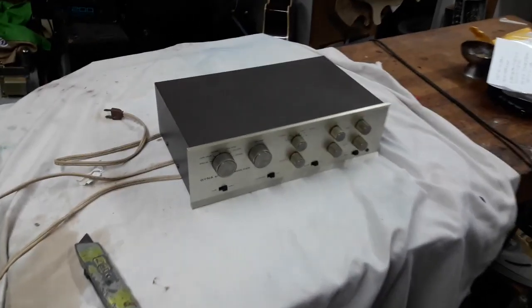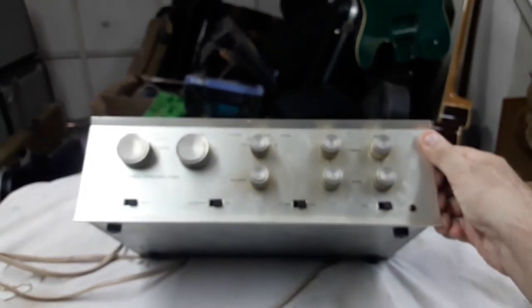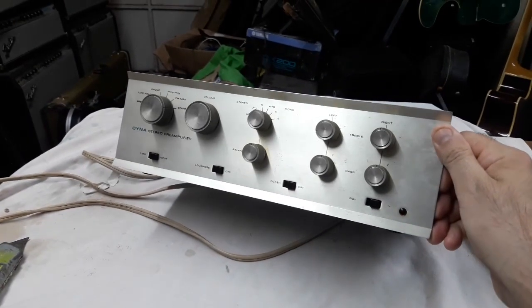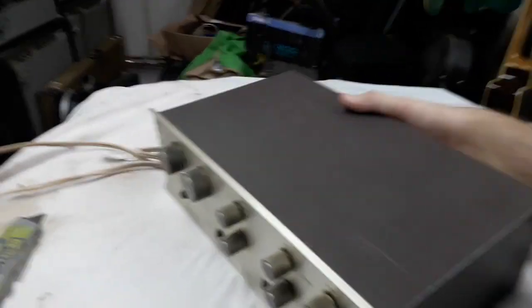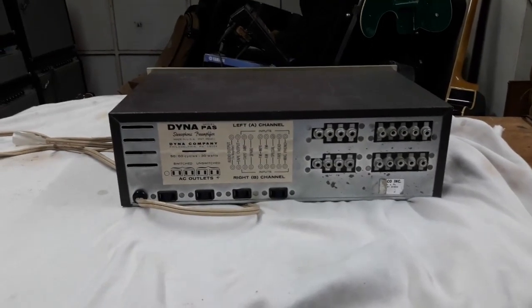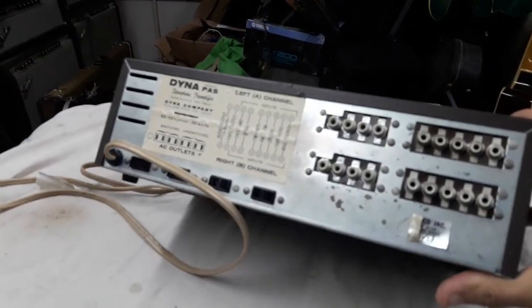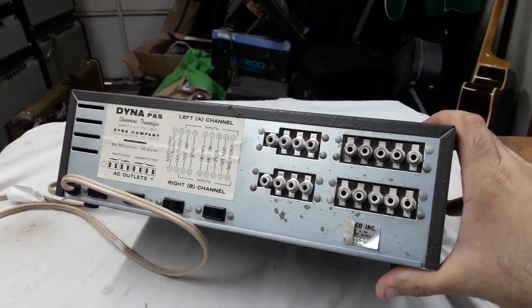Okay, now as you've seen from other videos that I did this year, I bought a pair of Dynaco Mark IIIs, and those are my venture back into tube stereo. And I got those running real nice, sounding great, but I still had the itch to get a tube preamp, and I wondered what to get because I didn't really know much about these things. I don't have any old experience. I'm just a guitar amp builder, guitar builder who kind of wants to keep things as much tube based as